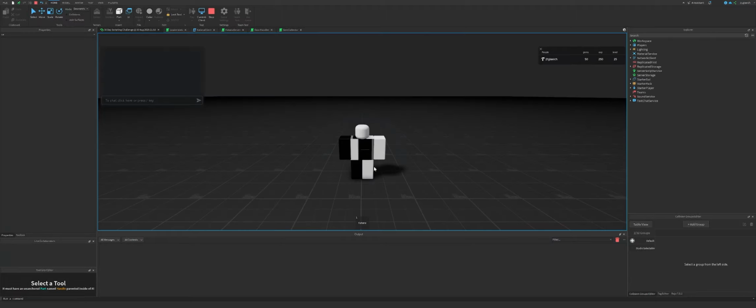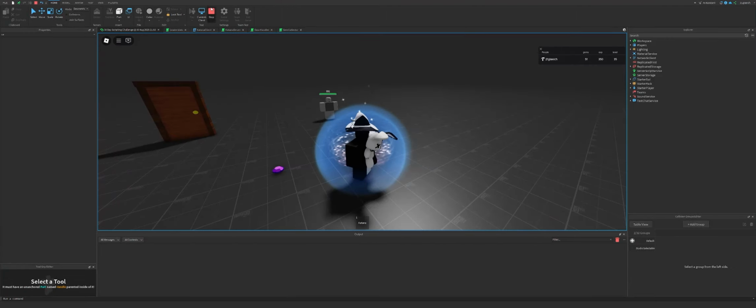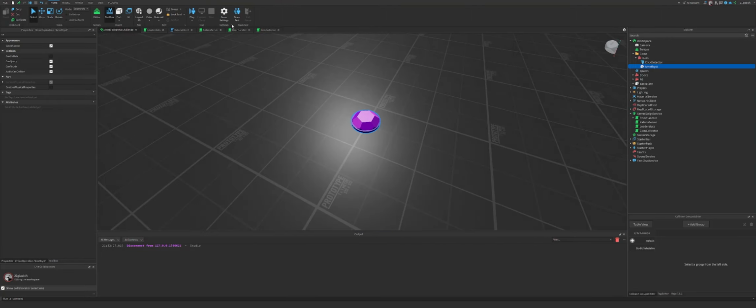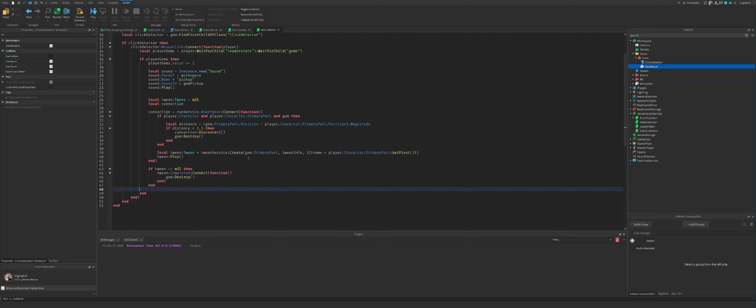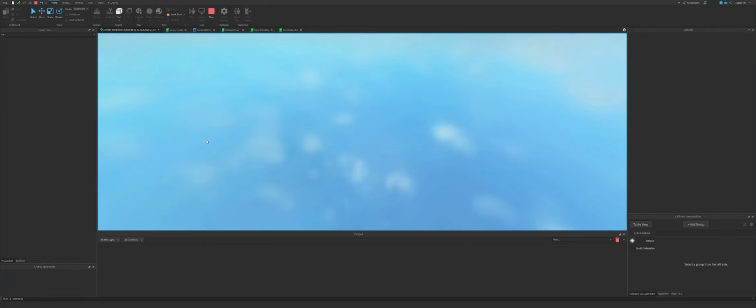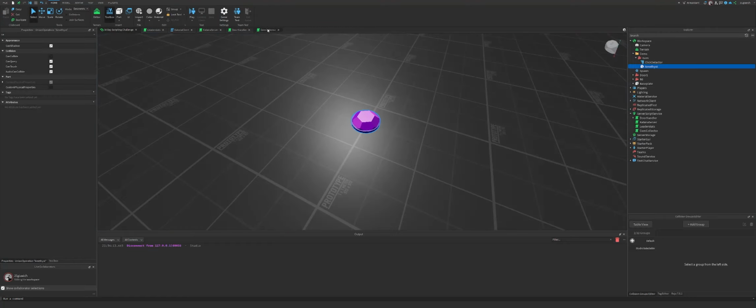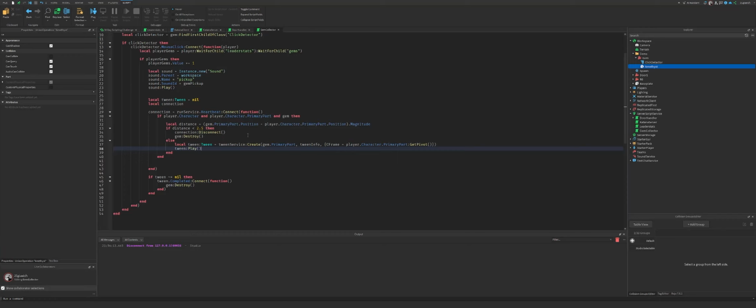So let's give this a try now. I made a pretty big mistake here. This is gonna continuously try to tween. It's not gonna wait. There we go. We're gonna move that in there. It's still not gonna work. So we only